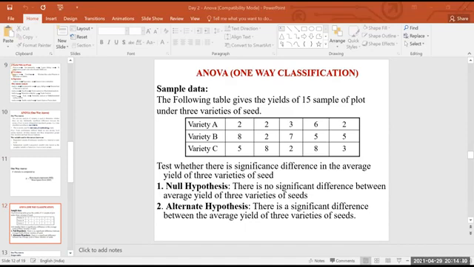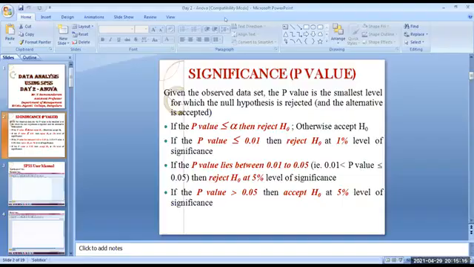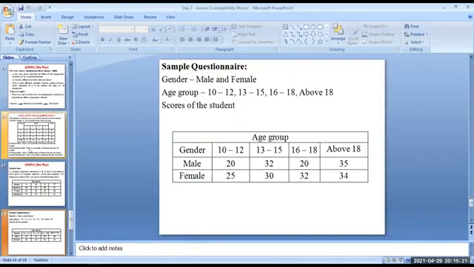You can disconnect the screen and you can start the presentation. Sir, the screen is visible now. Yes, sir. Fine.